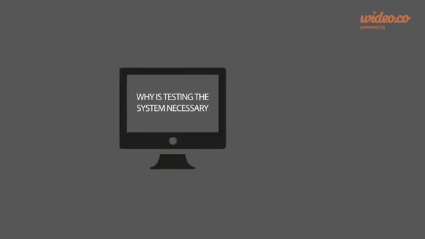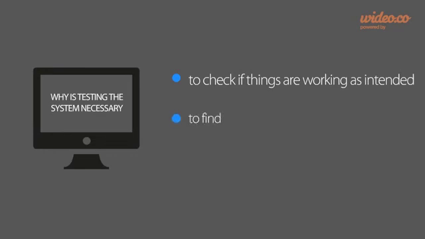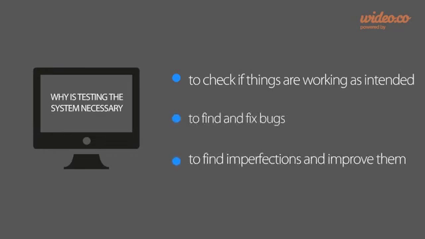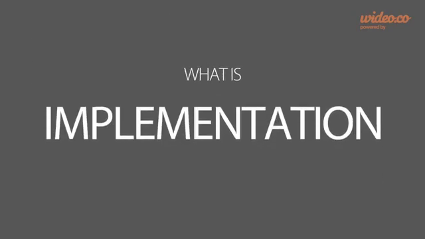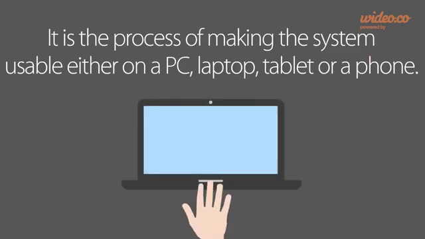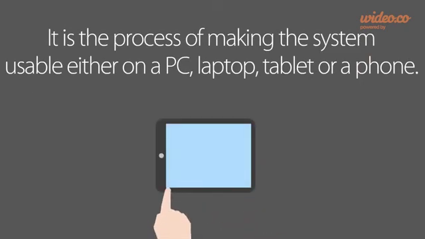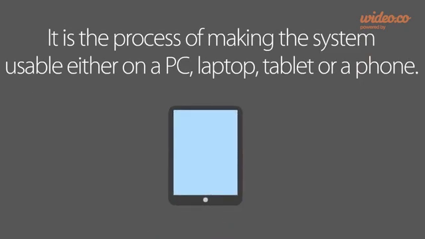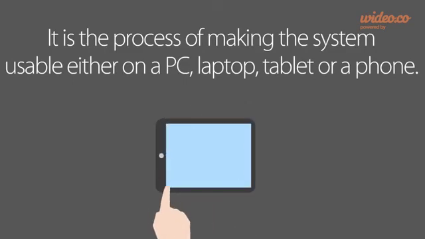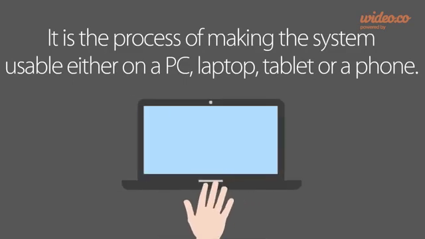Why is testing the system necessary? To check if things are working as intended, to find and fix bugs, to find imperfections and improve them. If a system is left untested, there's a high chance that it will be unstable. What is implementation? It is the process of making the system usable either on a PC, laptop, tablet, or phone. After implementing the system on a certain, sometimes more than one device, the system is pretty much finished and is